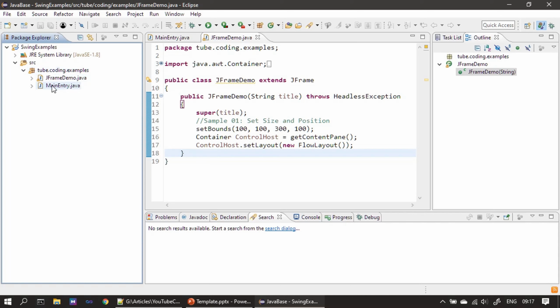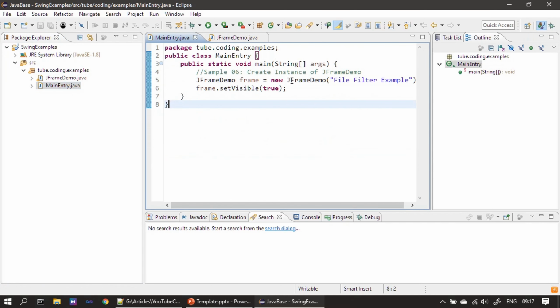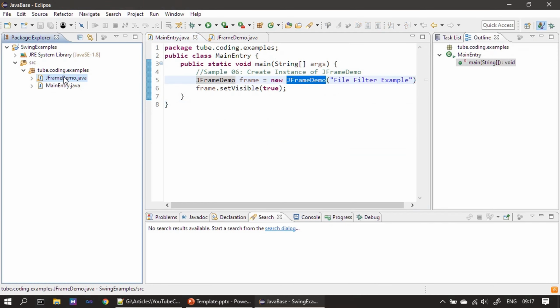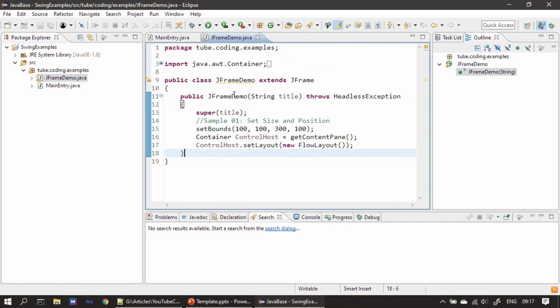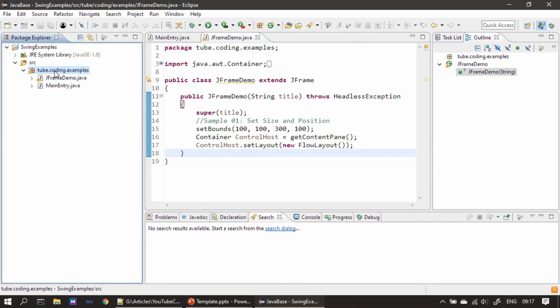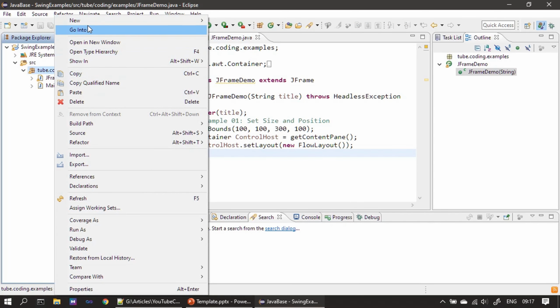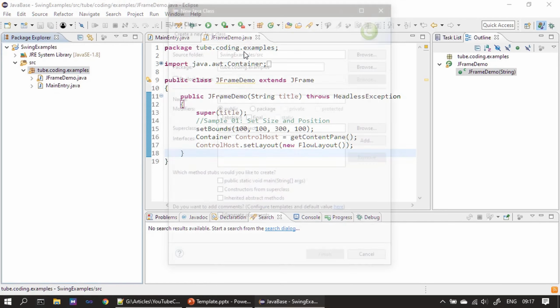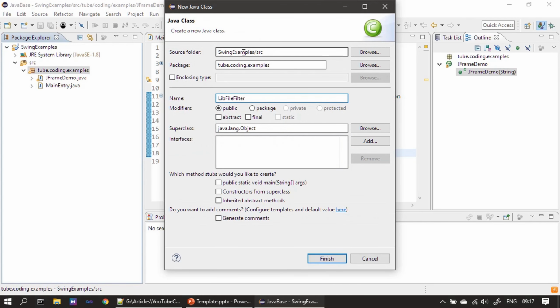So this is where we will keep our classes. The main entry will make a call to our JFrame demo. JFrame demo is here. Displaying a frame window is explained in the very first video of this Swing tutorial series. Now we will create the filter class, the lib file filter, and the superclass is